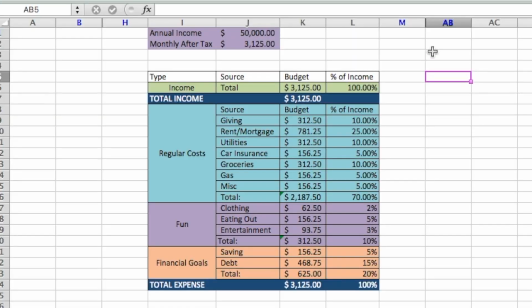So I'm going to switch over to Excel to show you guys exactly how I would budget for an annual household income of $50,000. Okay, so here we are in Excel for me to show you guys the budget. So here in the top section for the purple, I have the annual income, which is $50,000, and then the